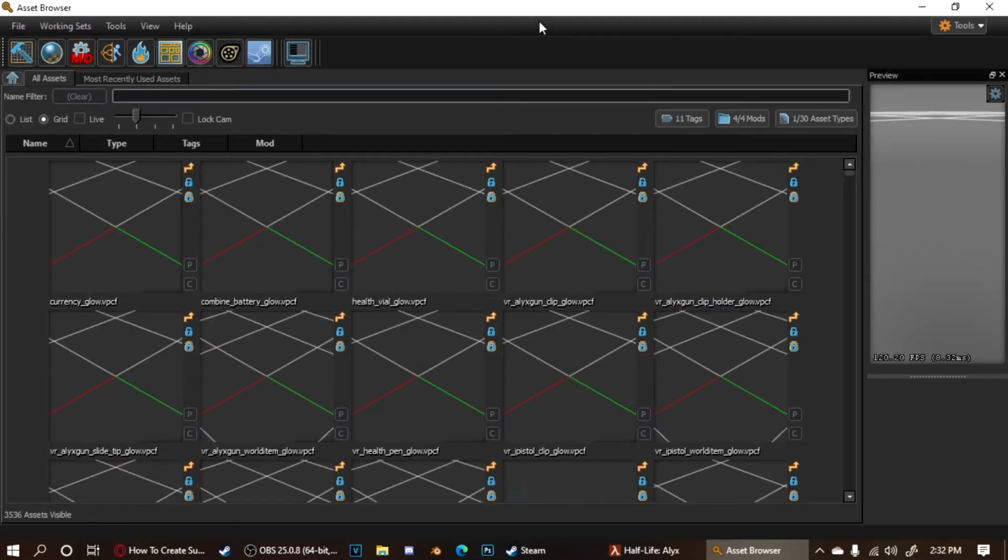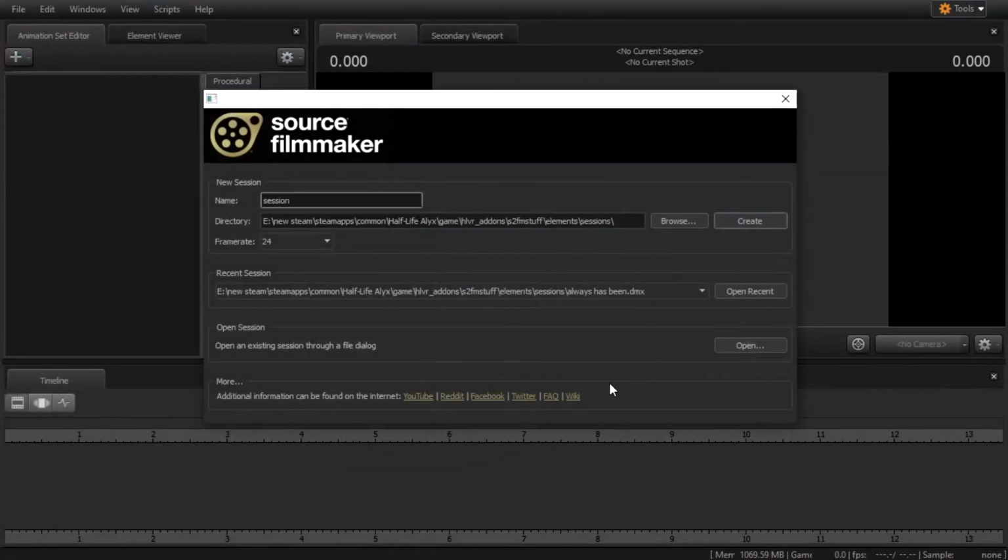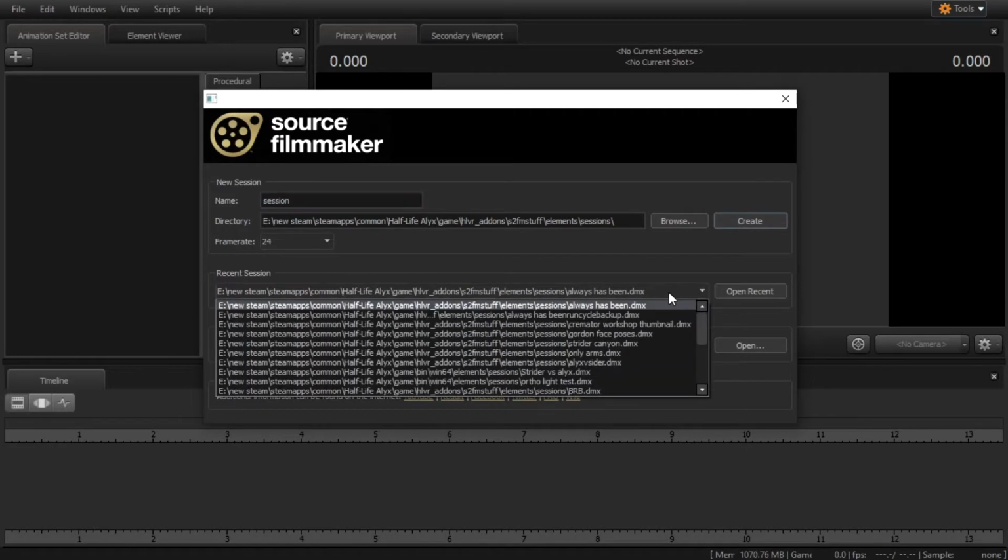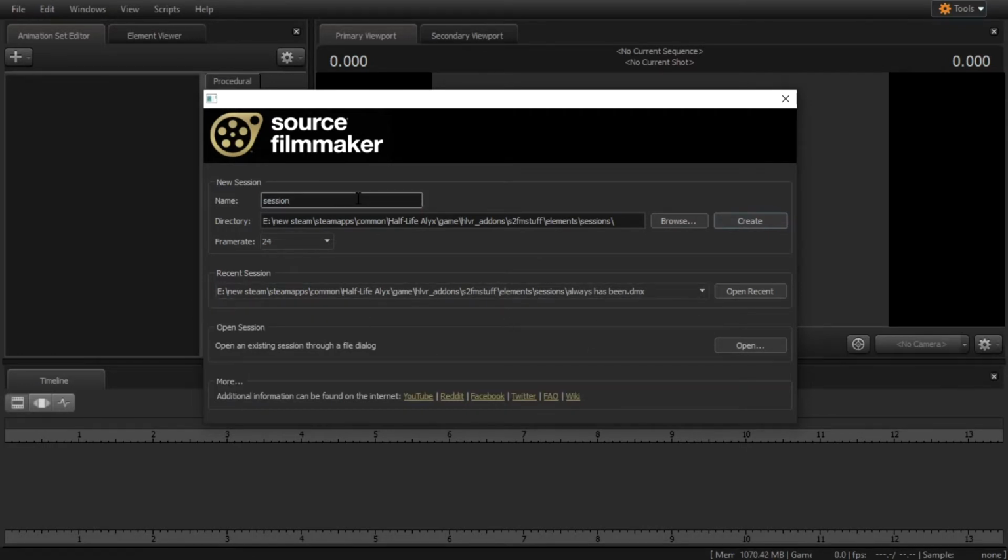Now once you're in the asset browser, all you need to do is go to the Source Filmmaker icon and click on it. Then if you already have one, you can go to recent session, but I'm going to create a new session. It's going to be called